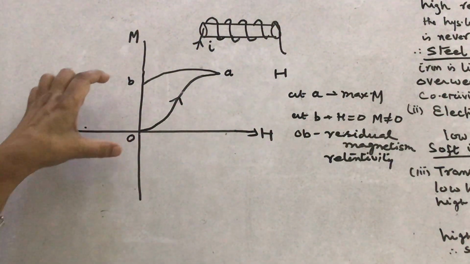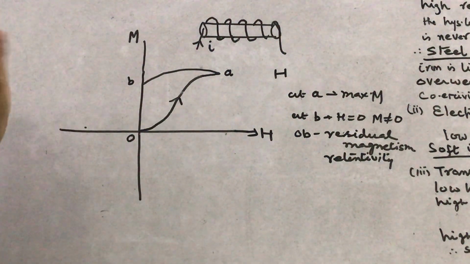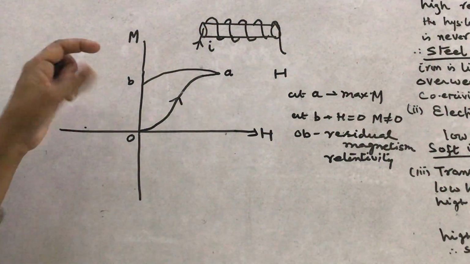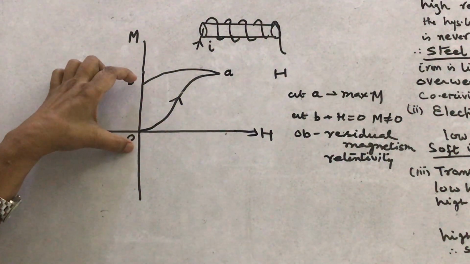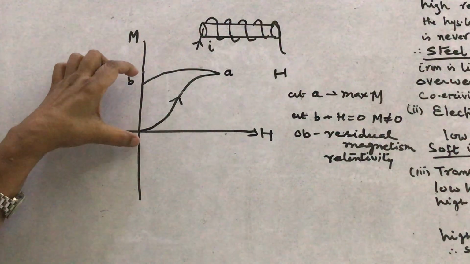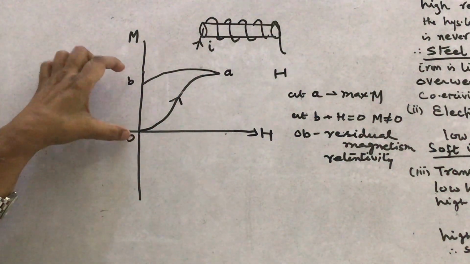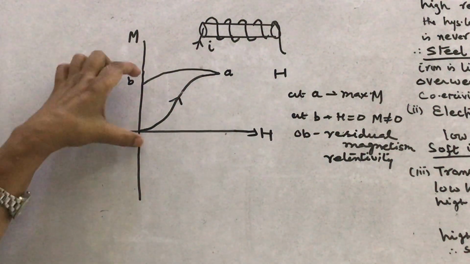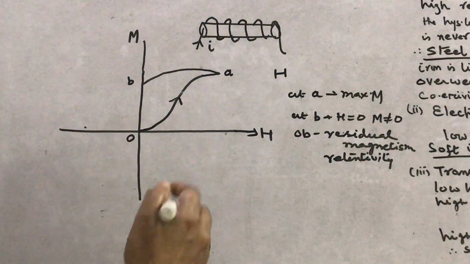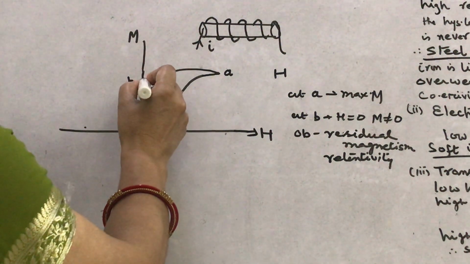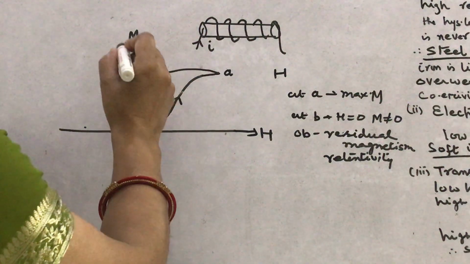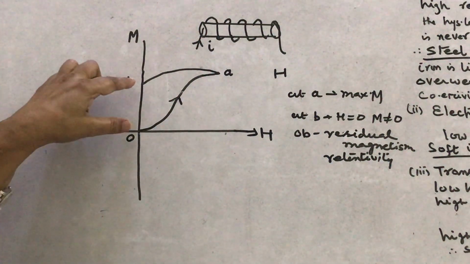What does it mean? That whenever the applied magnetic field is withdrawn, still the magnetism is retained. So what should be the criteria for permanent magnets? That they should have high retentivity. Now further from B, again we have to suppose